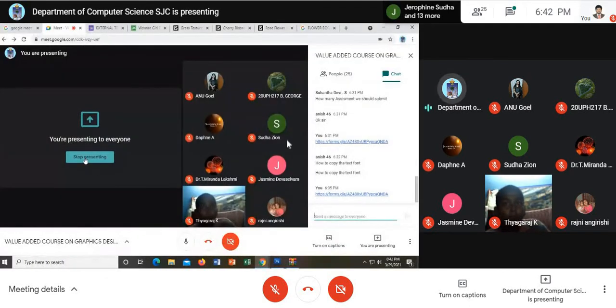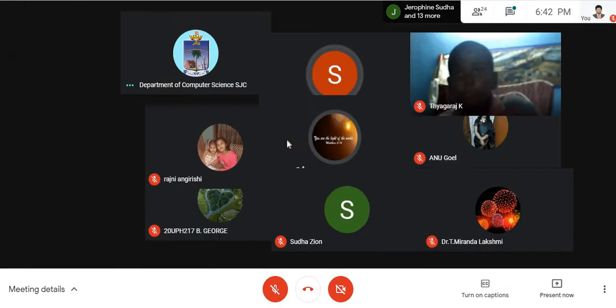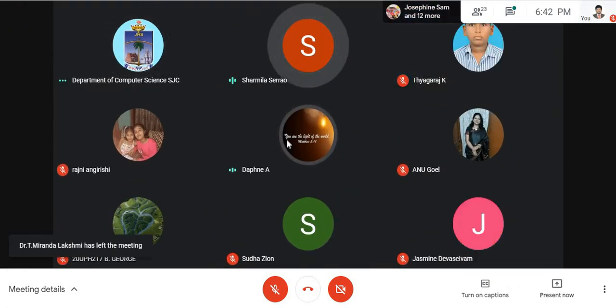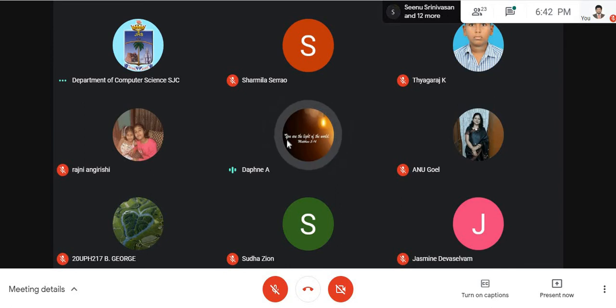Any other clarification? Tell me, ma. How to duplicate a layer, sir? Please can you show it again? Because it's not working for me, sir. See here, ma. Just press the Alt key. Just select a layer, press Alt and move. See here. Just drag it. You will get it.